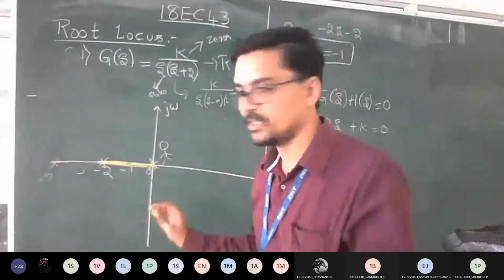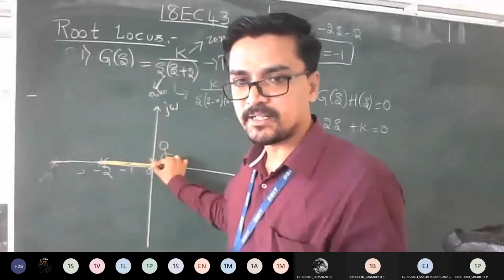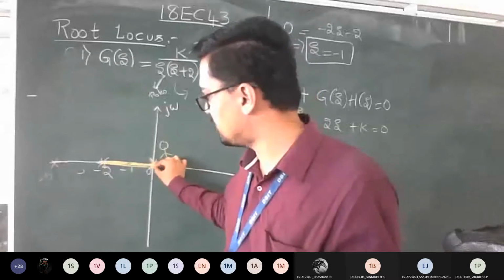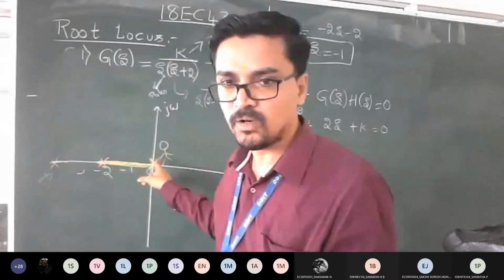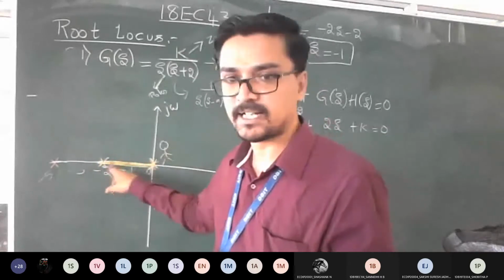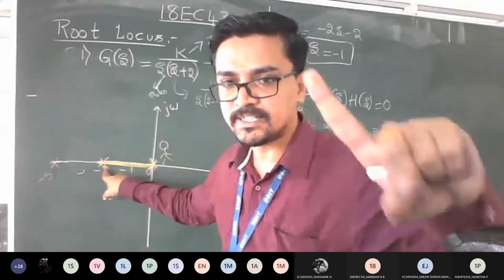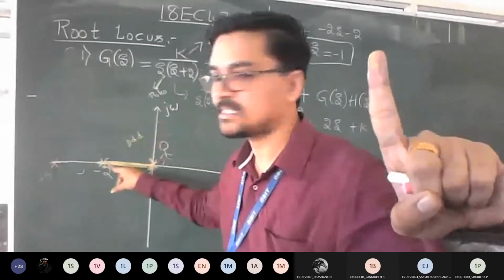So the logic is simple. You just understand it in this way. If you mark the root locus line from this to this position, I told you from one pole only one root locus line can emerge. So if we treat this connection from here to here, it is treated as 1. Is it an odd number?